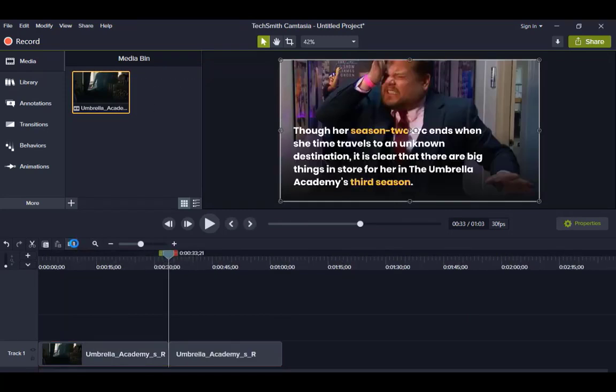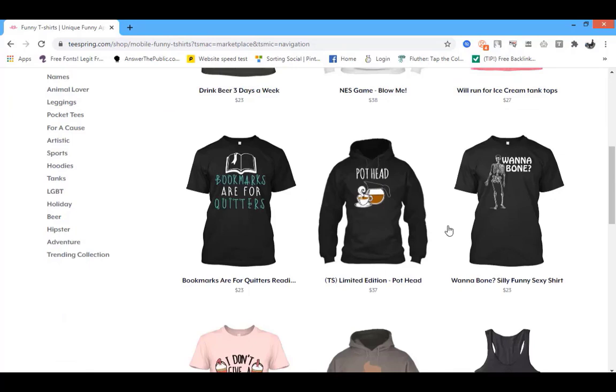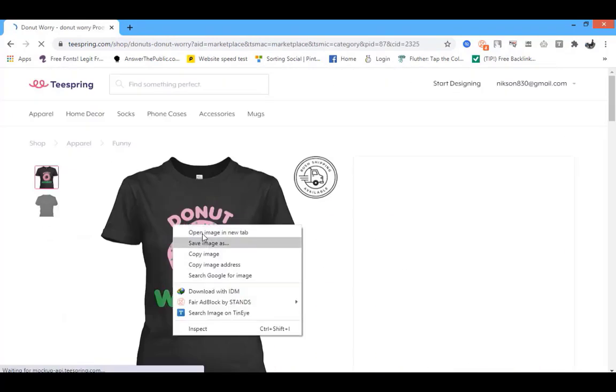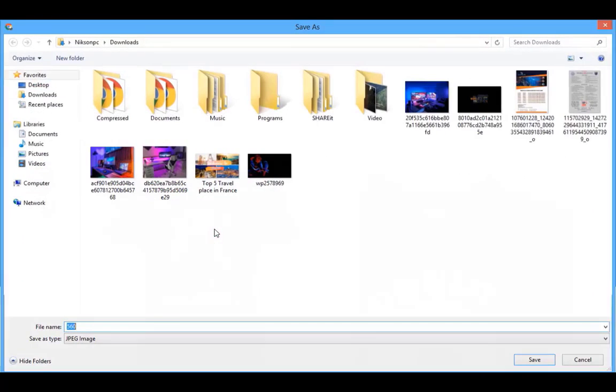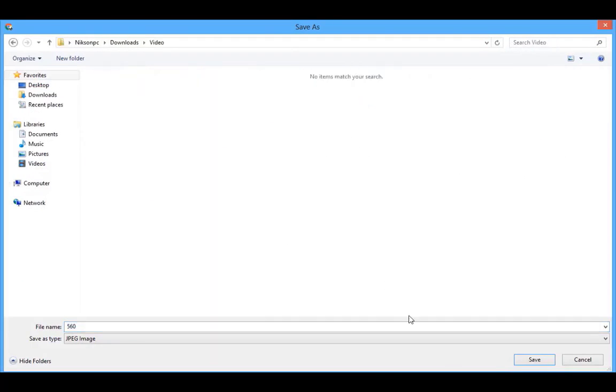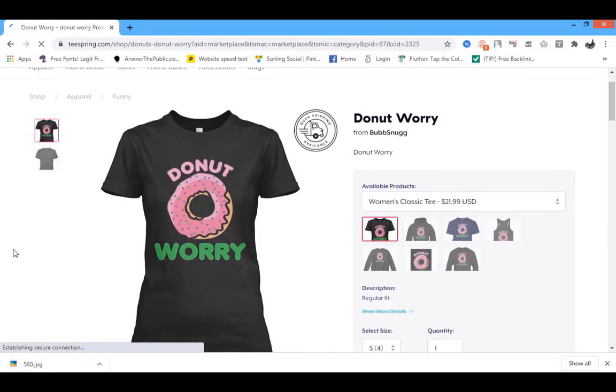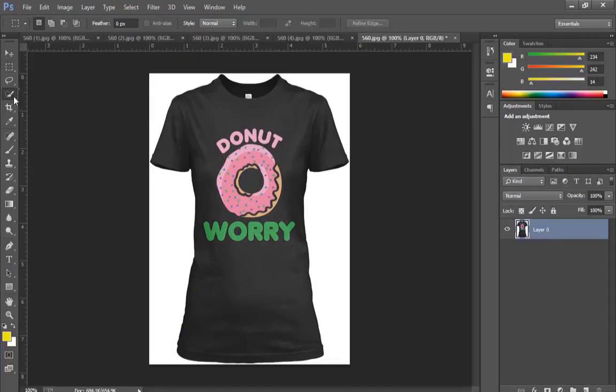So now split your video and go to your t-shirt store. Here I am using Teespring, so just go to your Teespring shop store and download the images of your designed t-shirt and use Photoshop to remove the white background and save it in PNG format. Now